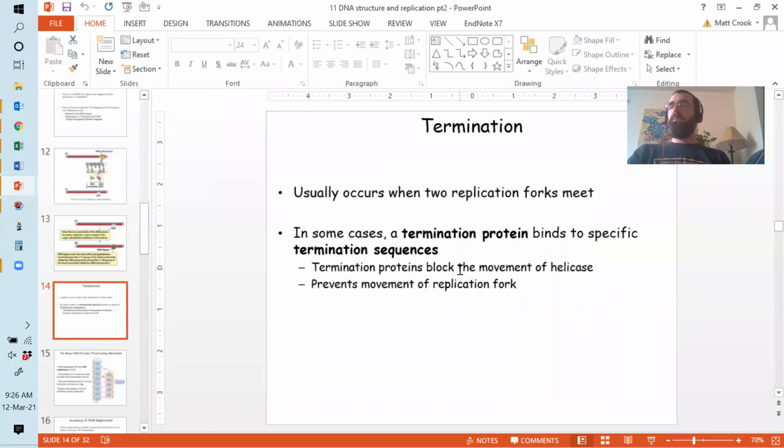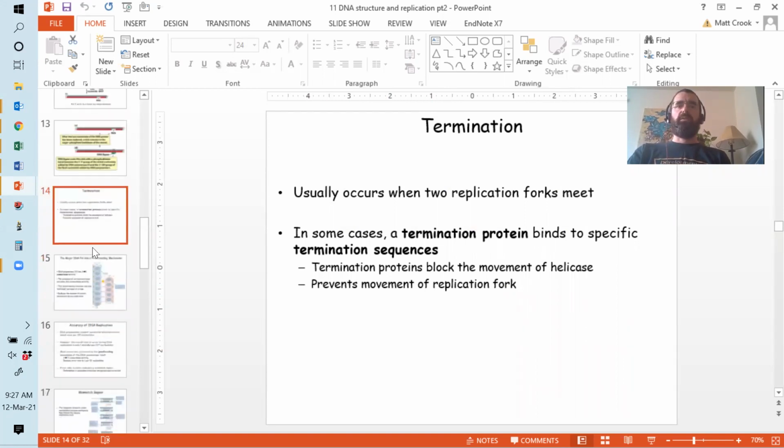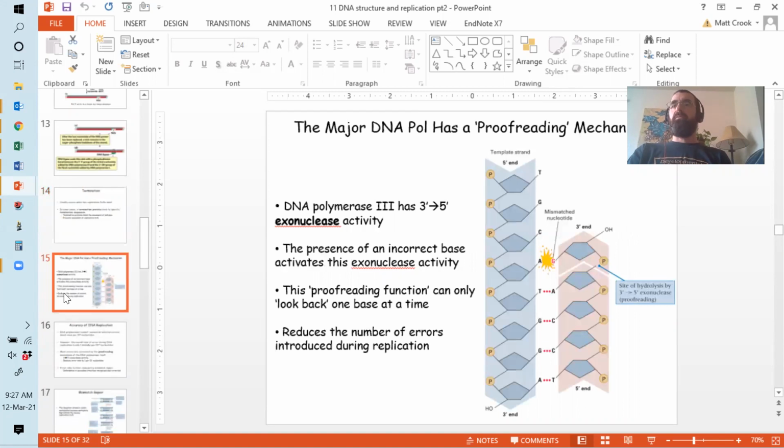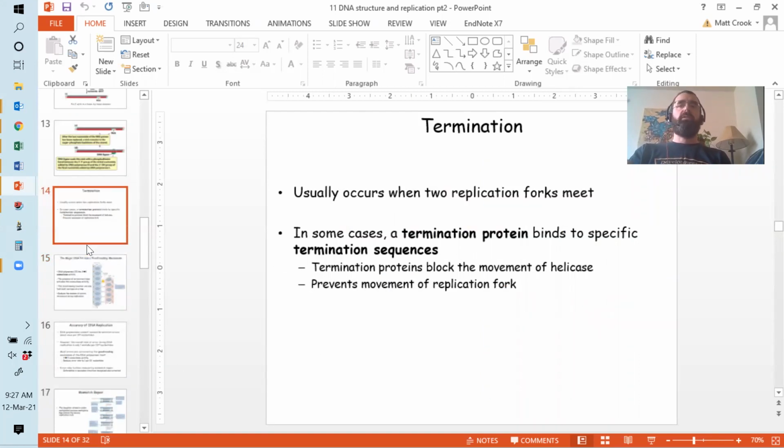Okay, so typically termination ends when the replication forks or bubbles meet. Sometimes we actually have what are called termination proteins, which recognize specific sequences and stop things from proceeding any further. That's quite a little bit rarer, to be honest. However, right, we haven't finished because, I told you how